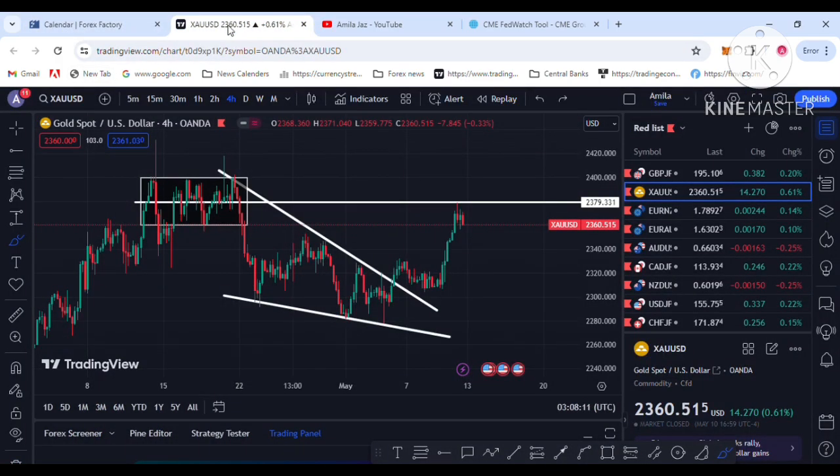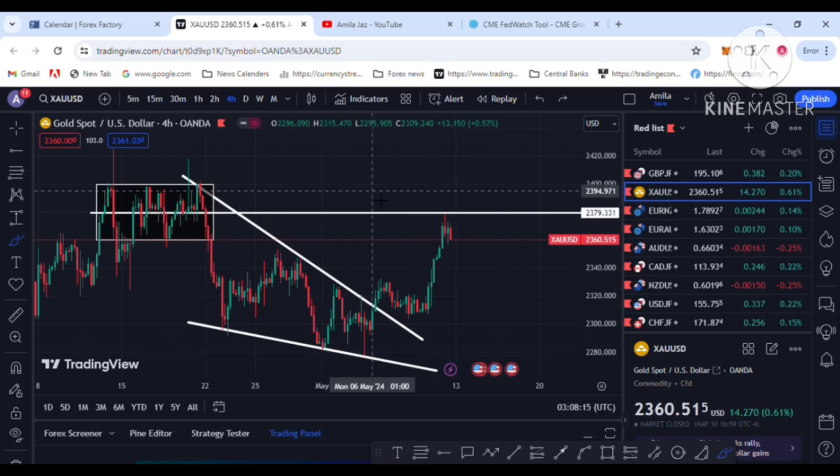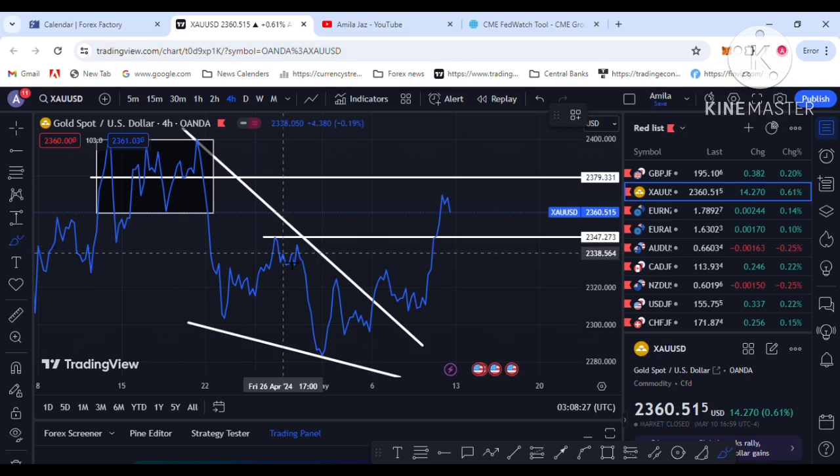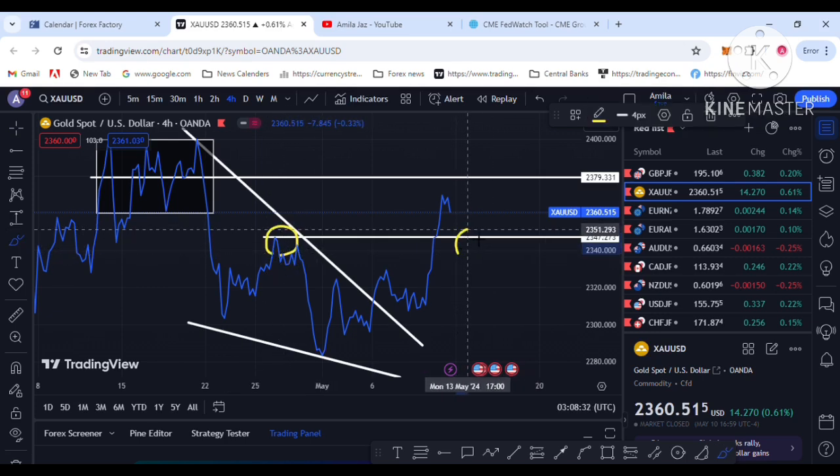So let's go to the technical analysis of what your trade goal is next week. I am going to the line chart for a clearer picture. You can see this left side resistance. This is the resistance area. This resistance can become support on the right side, and price continues to the upside.